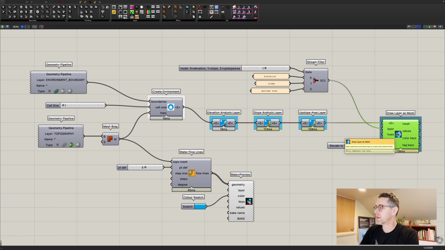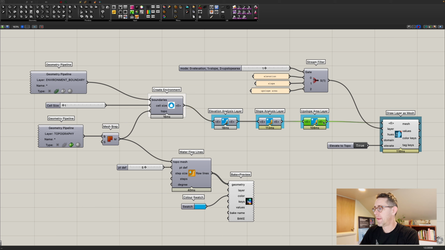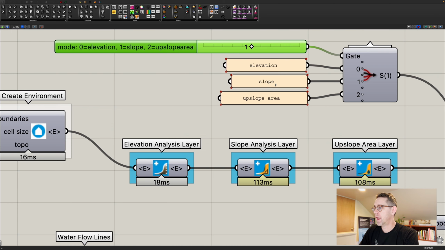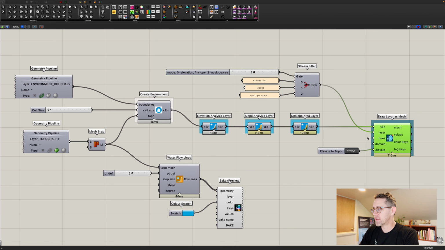And then we visualize that using the draw layer as mesh. If we hover over that, the environment gets created here and it passes through these different components, adding new layers as it goes. And then here we visualize whichever layer we tell it to. This is where we switch modes between elevation, slope, and upslope area, and this visualizes each layer. Now, it does recognize some of these default names, and that's why the color changes automatically. But you can set up and change the hues of those analysis layers if you want,